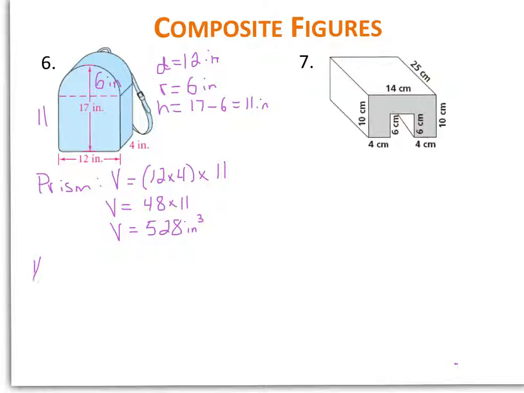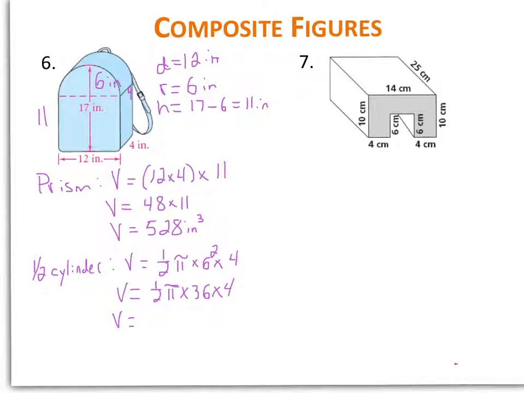So volume equals 48 times 11, or 528 inches cubed. Now let's find the volume of the half of the cylinder, so the top of the backpack. Okay, since it's half of a cylinder, we're going to say that volume is going to be half pi r squared h. So half of pi times our radius of 6 squared times our height of 4. And that's for the cylinder, because this would also be 4 there. So volume equals 1/2 pi times 36 times 4. So volume equals 72 pi inches cubed,